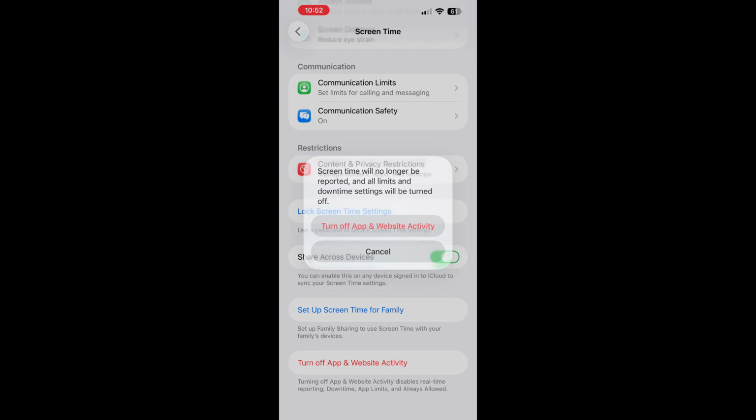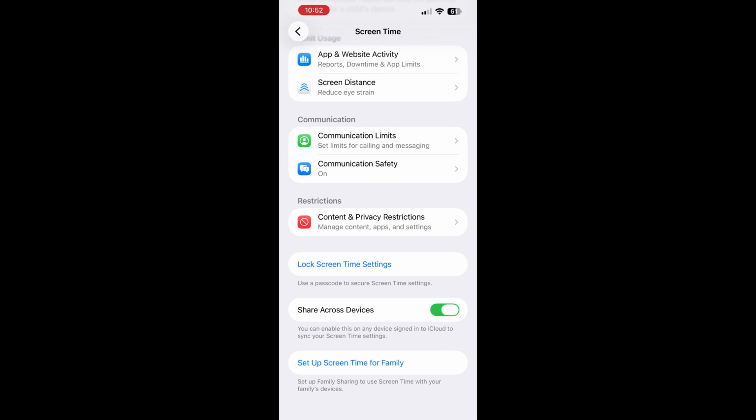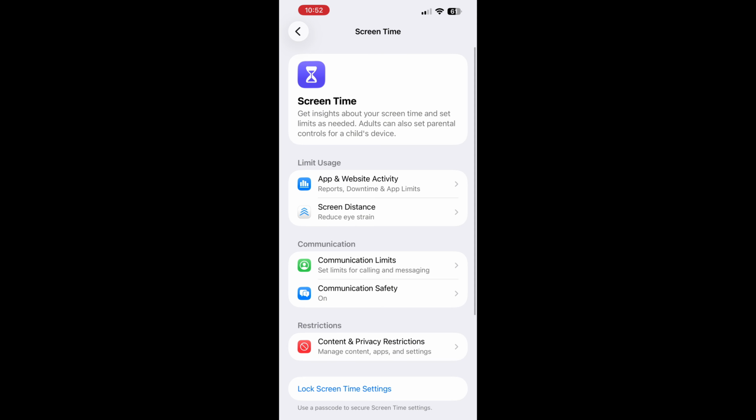And that's it. From now on, your device will stop tracking your app usage and website activity. Just keep in mind, this will also disable features like screen time reports, app limits, and downtime, since they rely on that data. If you ever want to turn it back on, you can come back to the same section